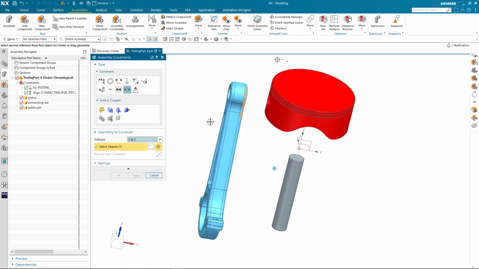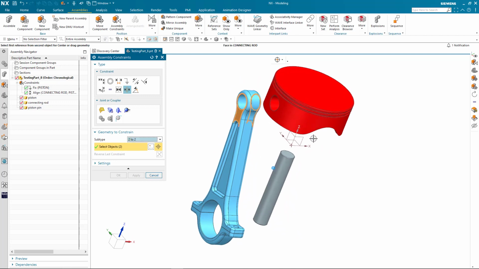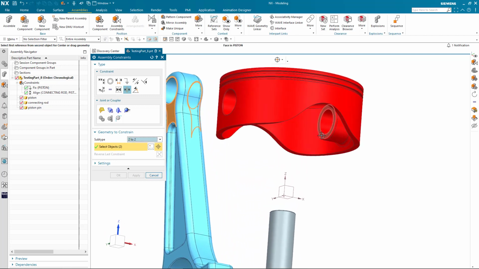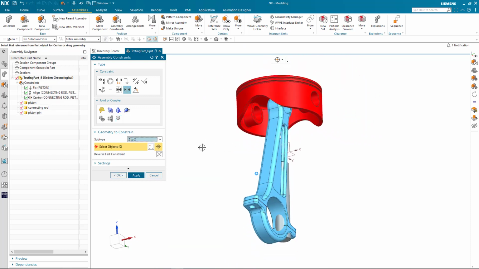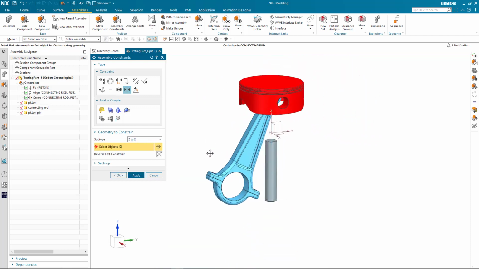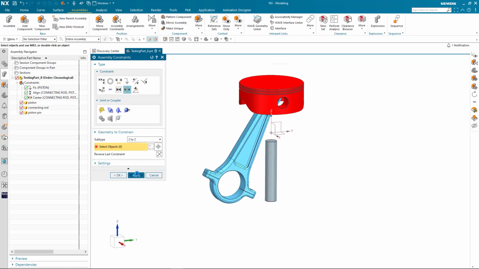We want to go to center, subtype 2 to 2, and then grab onto the center axis, and then it has to grab onto planar faces to create 2 to 2. So now we can see how this connecting rod is rocking within the piston. The next thing we want to do is just